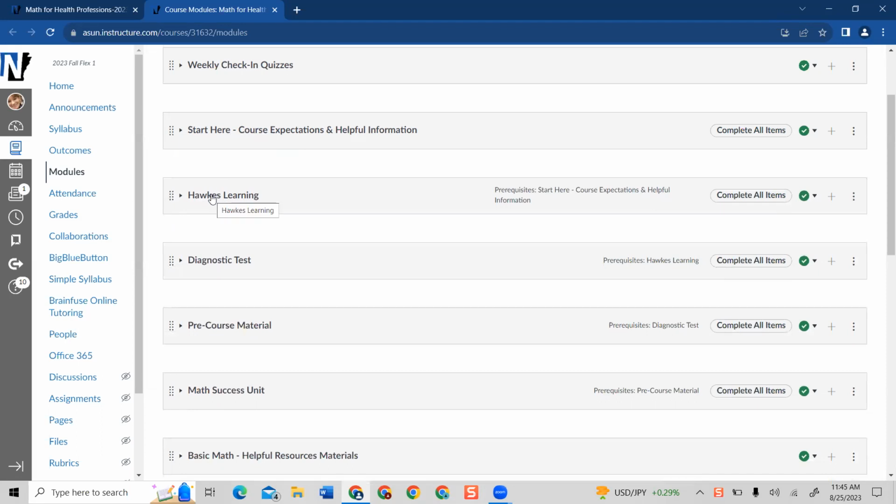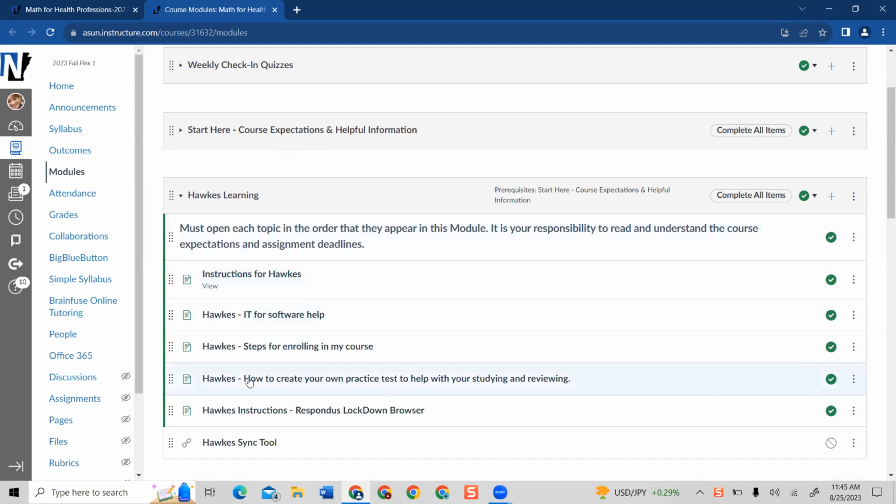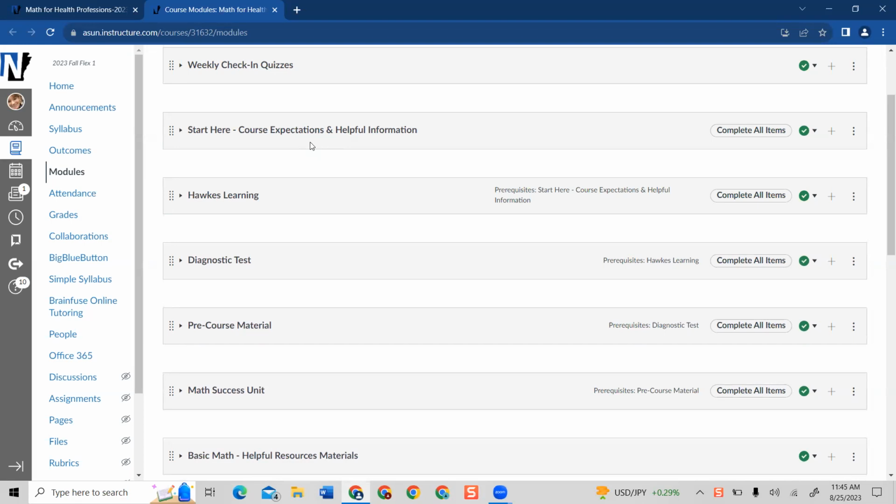And then, of course, this course is using Hawks. Not all courses are, but this here is some helpful resources as well. You have to open the Start Here module first, go through all those links, read them, get familiar with it, and then come to the Hawks. Open all these in the order that they appear, get familiar, and then you're going to come to the next